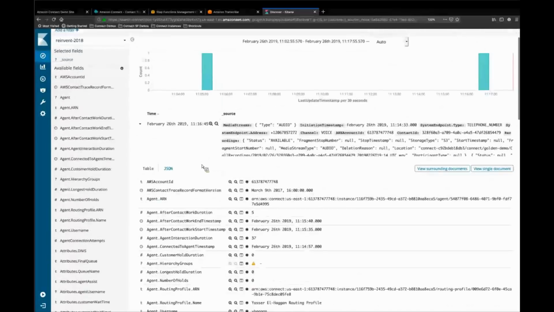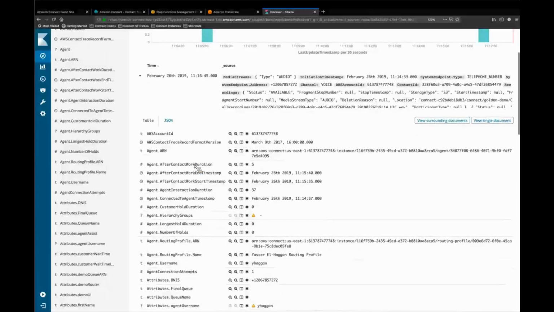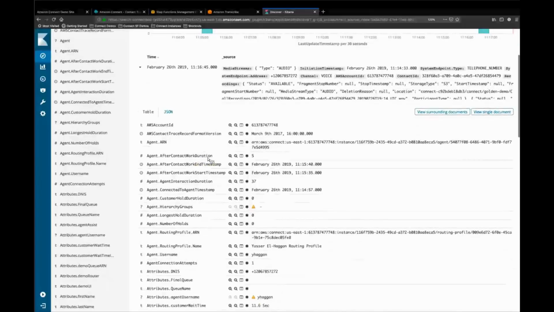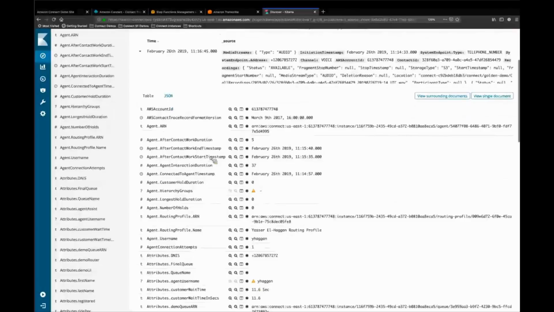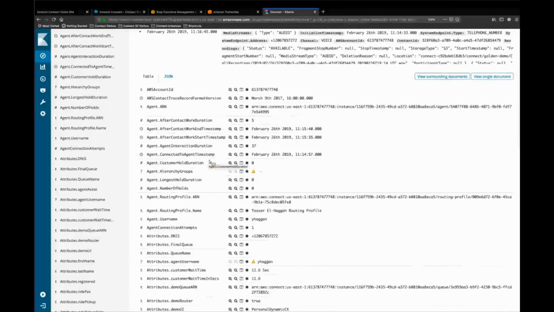What you'll notice is all the details, the same details that I showed you from the Amazon Connect UI, are made available as that stream of data is being exported from Amazon Connect. So here I have all the details about the agent, how long that agent was in after call work, all the different timestamps of when the call came in, how long they were on hold for, all the pertinent details of this contact and how it traversed the contact center.